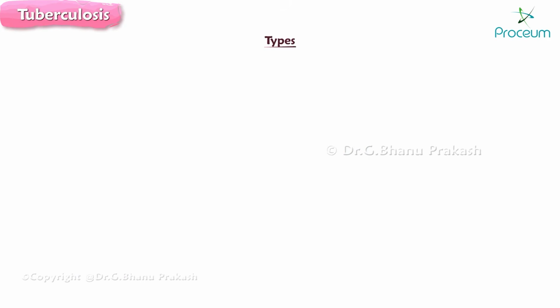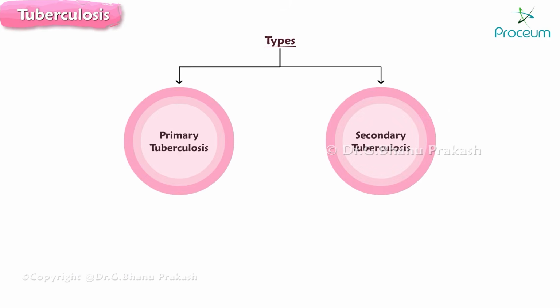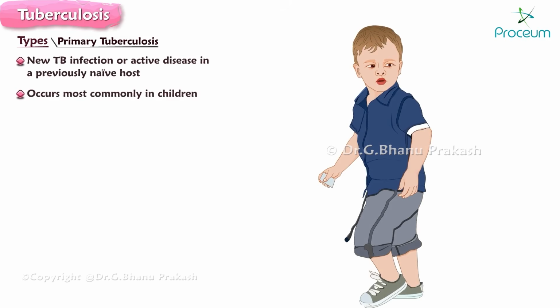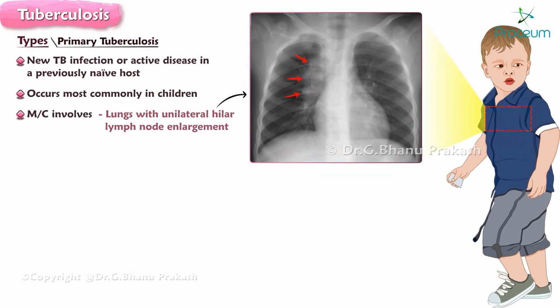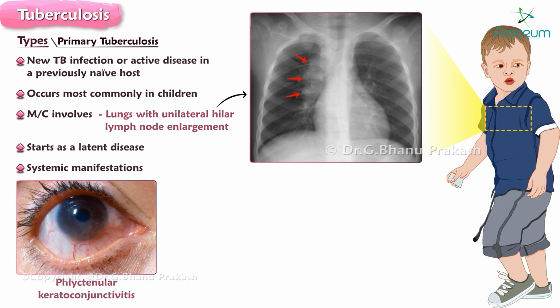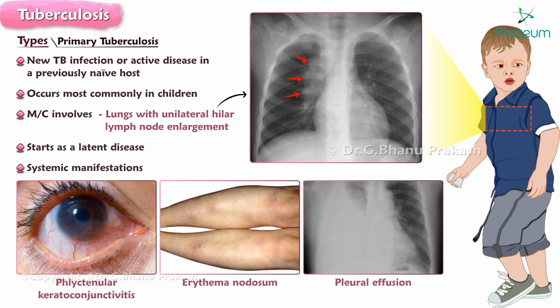Types. Tuberculosis is of two types, primary and secondary. Primary tuberculosis. Primary tuberculosis is a term that describes new tuberculosis infection or active disease in a previously naive host. It occurs most commonly in children, and most commonly involves the lungs with unilateral hilar lymph node enlargement. It usually starts as a latent disease. In primary tuberculosis, other than pulmonary features, some systemic manifestations are seen as well: phlyctenular keratoconjunctivitis, erythema nodosum, pleural effusion,